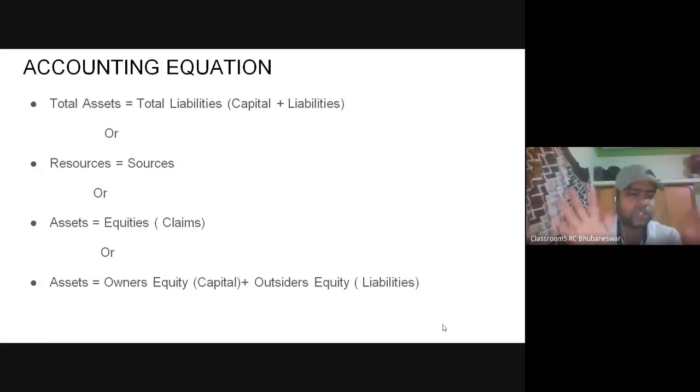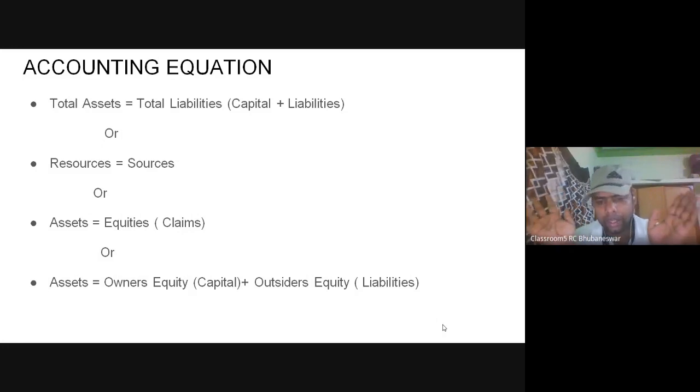तो दोनों को मिलाकर हमारा टोटल एसेट्स हो जाता है। तो इजी इक्वेशन जो हो गया, डिफरेंट फॉर्म में भी हम लिख सकते हैं ये सारे। टोटल एसेट्स इज इक्वल टू टोटल कैपिटल प्लस लायबिलिटीज और इक्विटीज प्लस लायबिलिटीज, or resources is equal to sources, or assets is equal to equities, or owner's equity plus outsiders equity is equal to total assets. Okay, next,